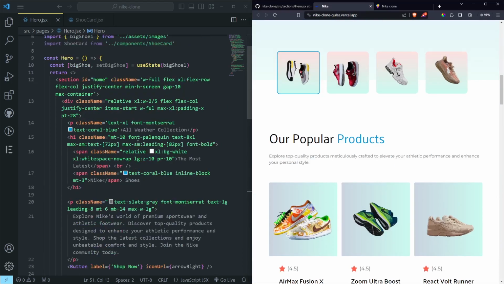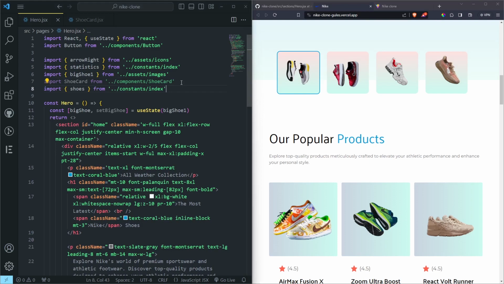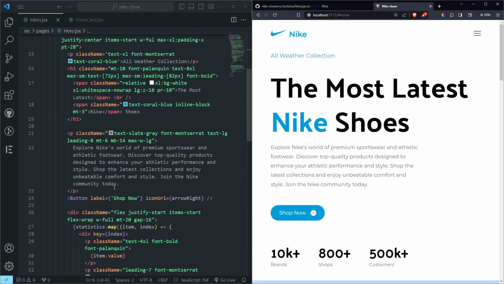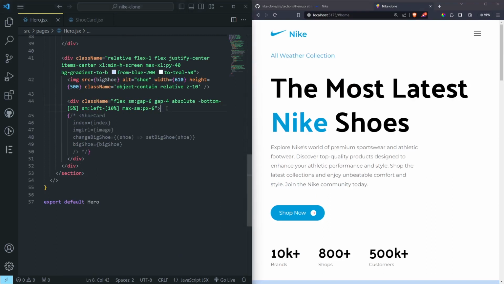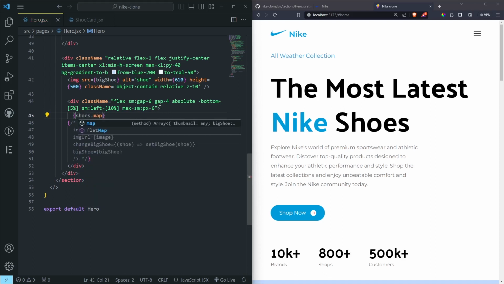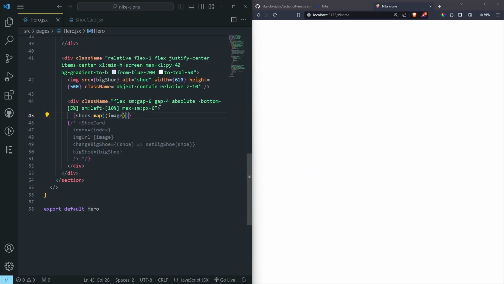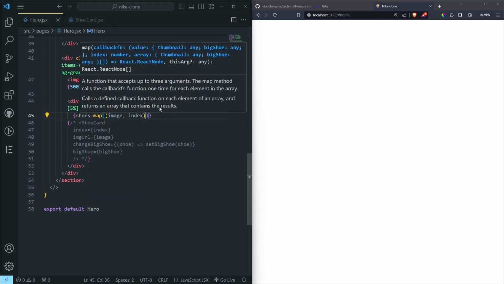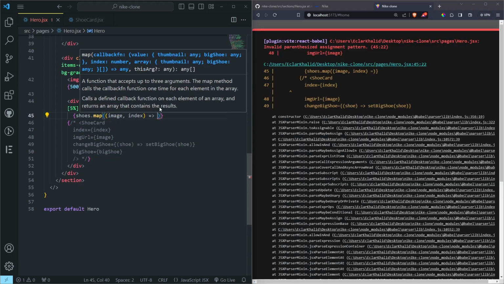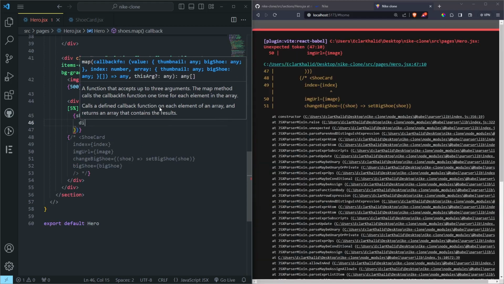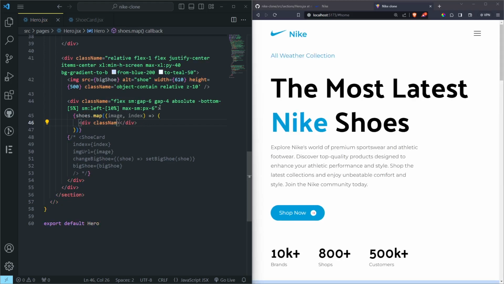So let's first import the shoes, like that, and then come below here, and then we want to do a div, not actually a div, but to map our shoes. So let's do shoes dot map, and then we want to map, can do the image here, and then you can also do an index, like that, and then we can do a div, and this div is not going to have a class name, but instead it's going to have a key. This key is going to be index,